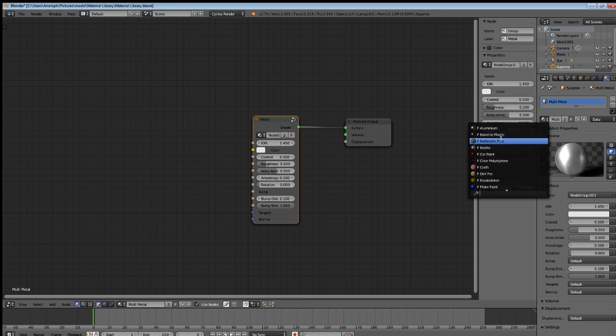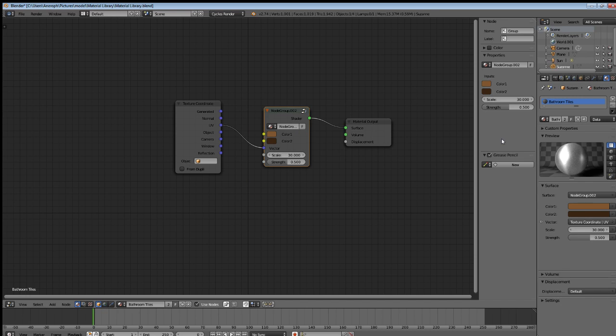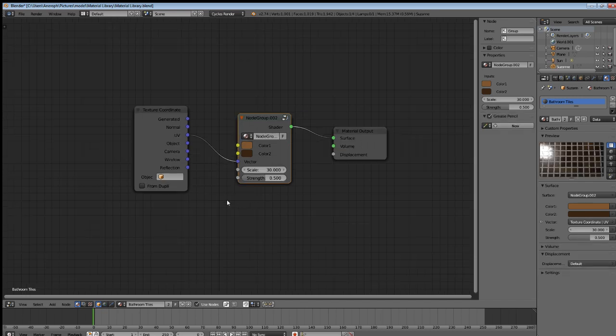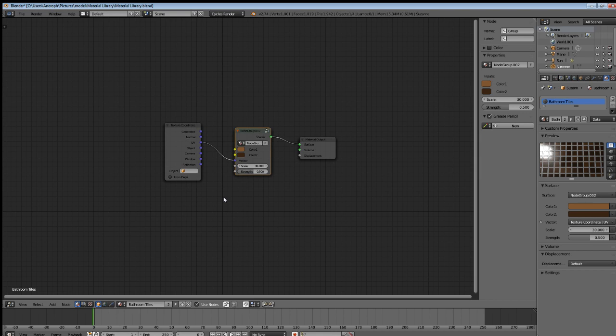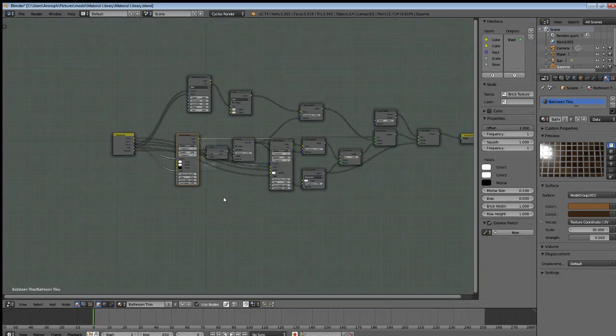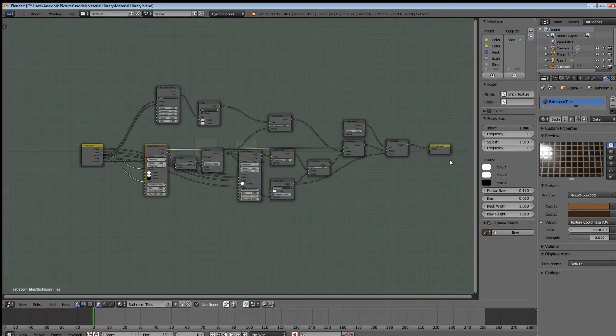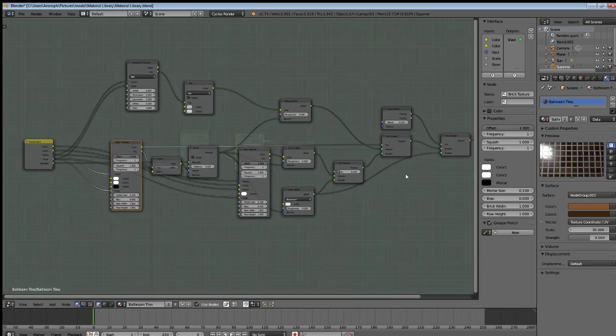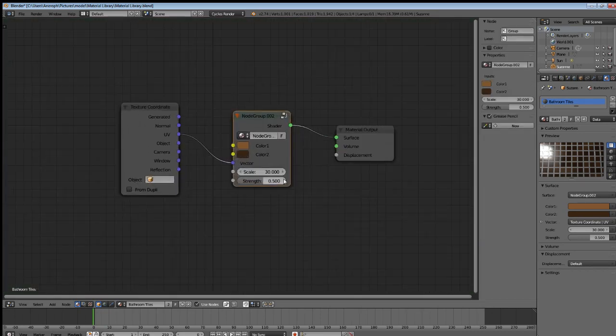I've done this with as many of these as I possibly can. So let me see. Let me go to, I think bathroom tiles has one, yeah. So this is my bathroom tile node. You can see that if I hit the tab key again, I have a very nice amount of nodes making up this material. However, I just have one very small node making up the basis of the material, so I can change it